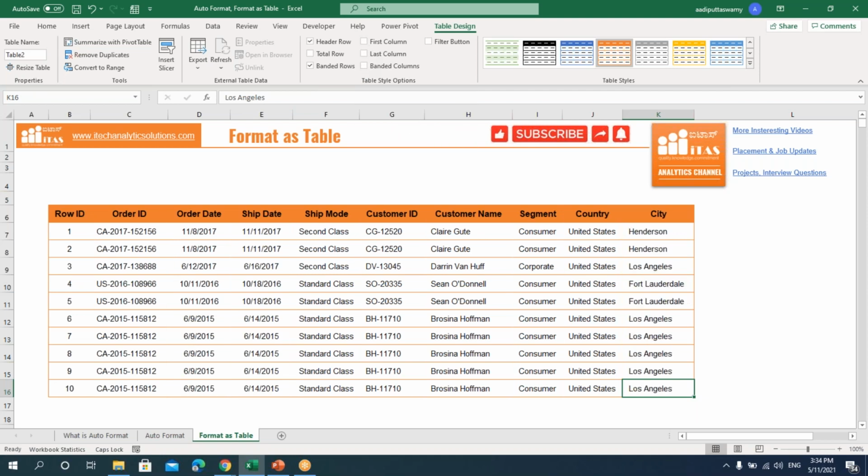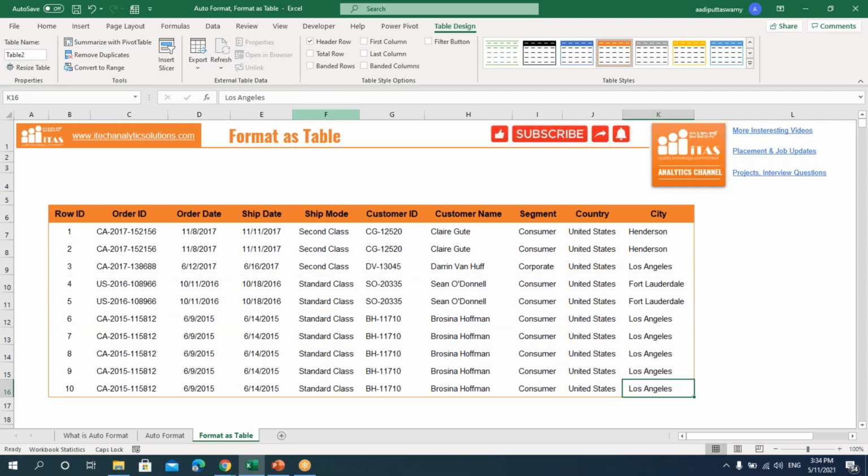Let's remove all these options. Now I'll say banded rows. I can remove this as well. So these options are available. If you think that you want to enable or disable, you can select this. This way I can format my data or the range very quickly and in a simple way without having more efforts on going to format tab and keep formatting all the range what you have selected.